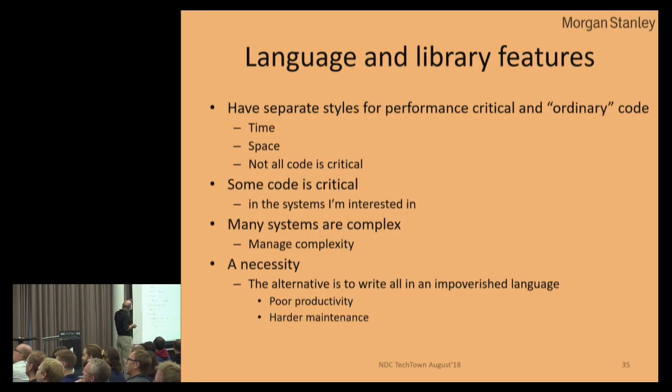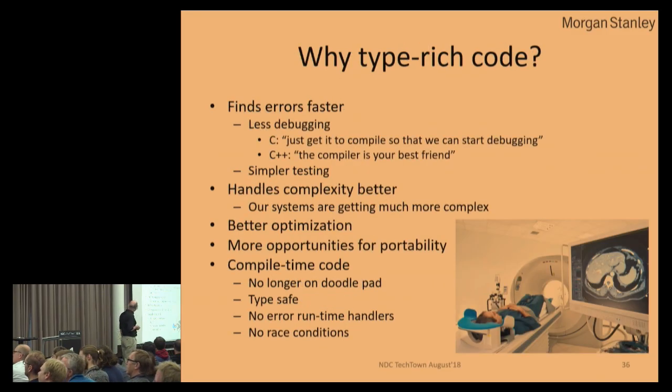Basically, yes, I have said that. So basically, I would like to have type-rich code. I find that when there's more and more code, you need abstractions. You can deal with integers and pointers and such at a low level, but you can't read it. When you get much more code, when it gets into the 10,000, 100,000 lines of code, you need better abstractions. It just handles complexity better.